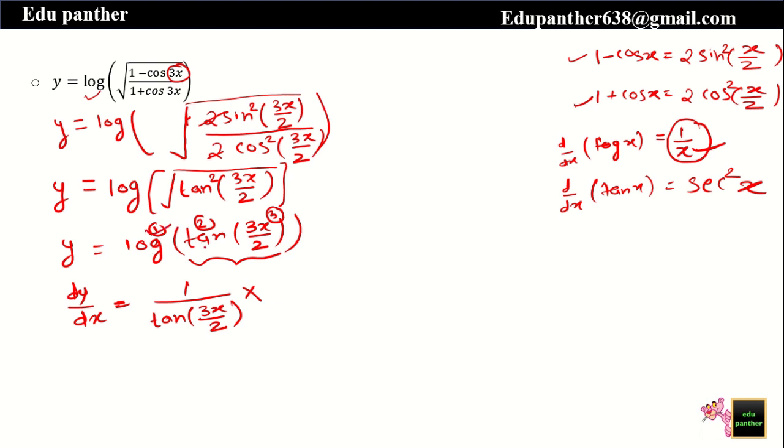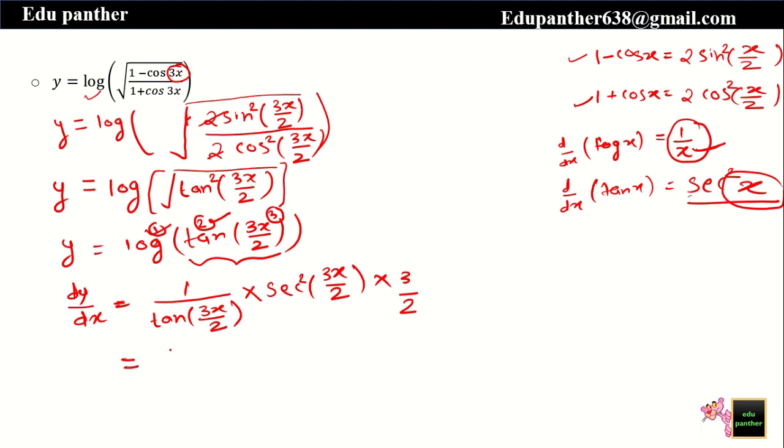So if we remove this log, what is remaining? What is our next term? Tan. That means we have to take derivative of tan. What is derivative of tan x? Sec square x. But again, in place of this x in the formula, we have to use 3x by 2 because we have 3x by 2 here. So it will be sec square 3x by 2, then again multiply. So this derivative of tan is also done. Now differentiate this third function, which is 3x by 2. What will be derivative of 3x by 2? Easy. Derivative of x is 1, so it will become 3 by 2. So our derivative procedure is over.